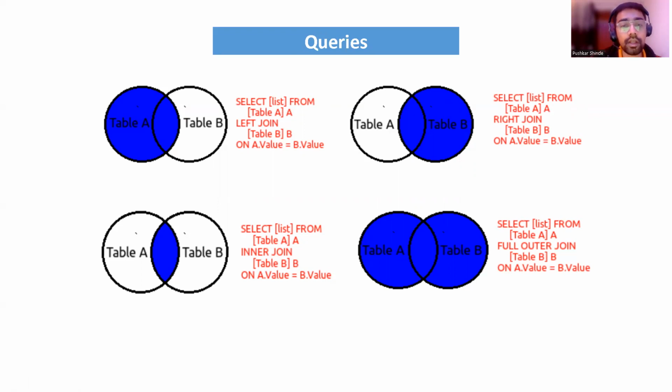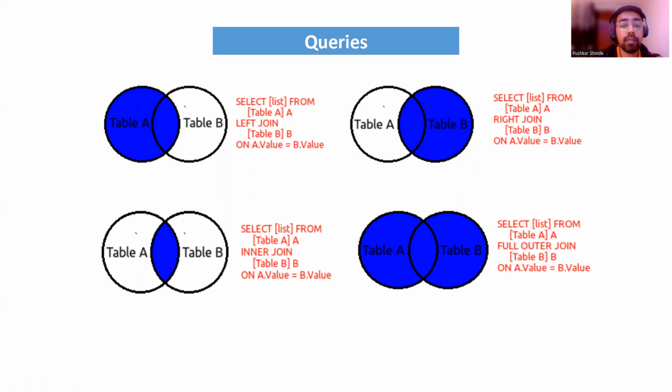Okay, table B is the project table. B is the alias given to it, and we have to write the joining condition, like on which column we are performing the join. So the ON keyword is to be used in order to mention the column name. A is the alias, that is A dot value, which would be employee table dot employee ID, and we are matching it with the employee ID